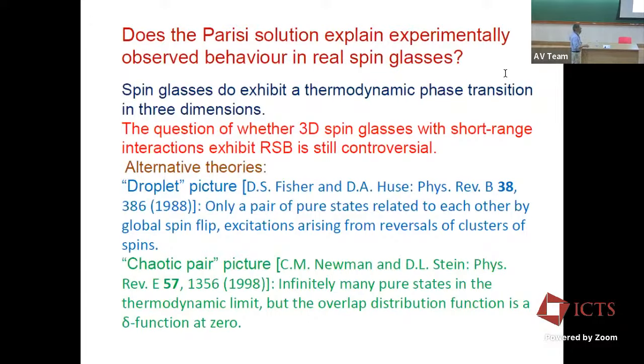These are all things that are said, but whether that actually happens in this system or not has not been verified. But I'll just tell you about the basic assumptions. The basic assumptions are this: reversal of clusters of spins, and the clusters will have a particular size. So if you have a cluster size L,